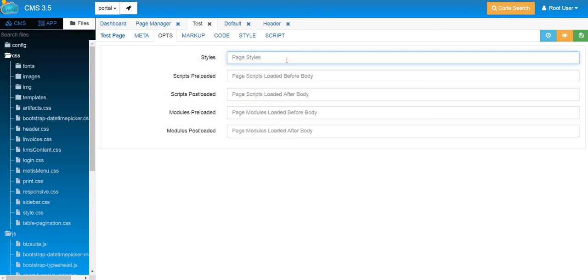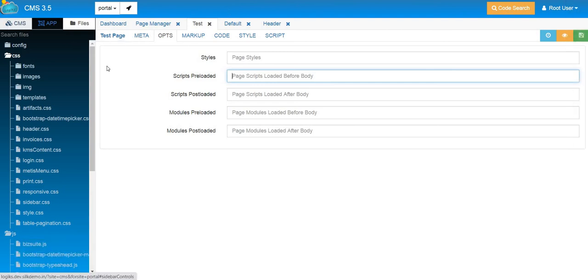Same goes for script. And what if you're having common CSS or script? Like to run a website, to run all the pages, you need some common script or style. So those files are also added over here, but the way to call them is different. You need to call them using config, which I will explain later. But for single page CSS, you need to write it over here.